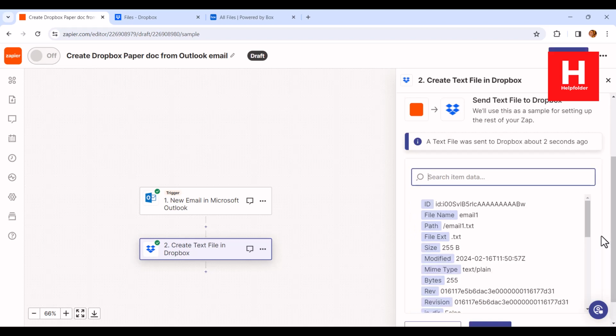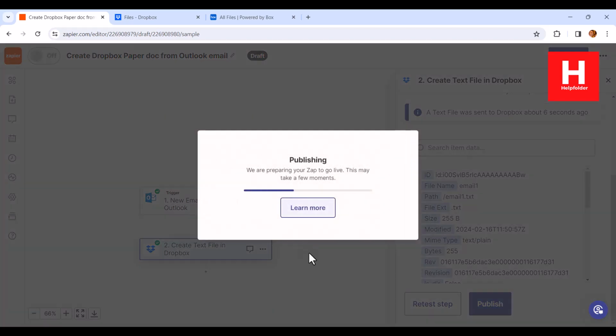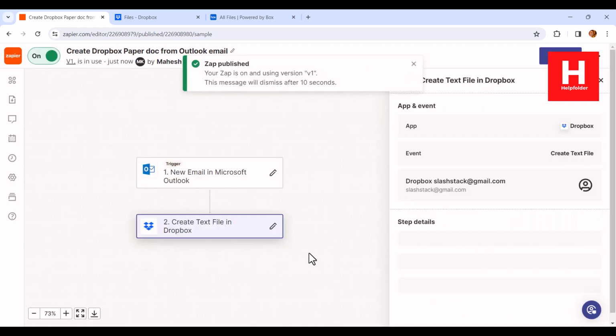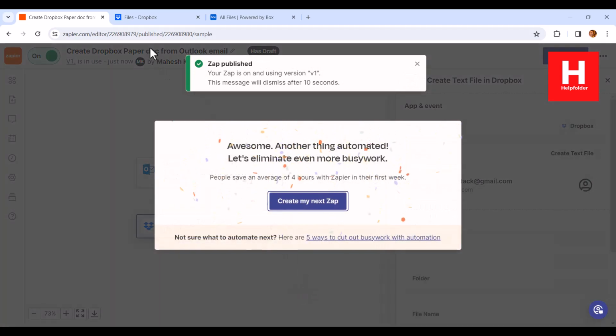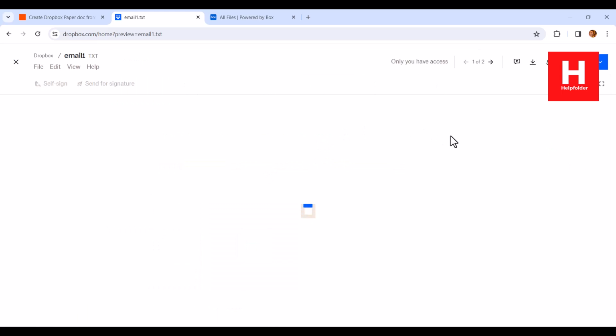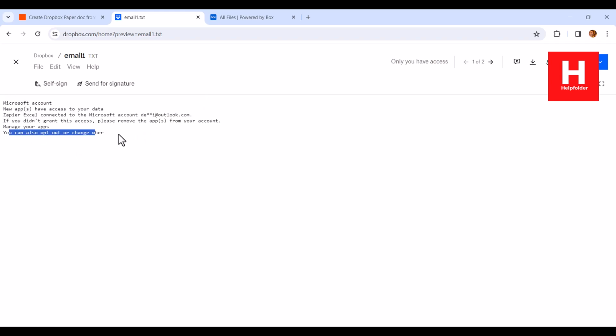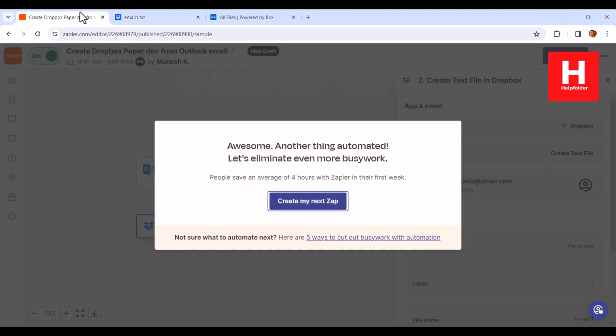It will also test one zap, so I will publish this, and let's see what works. So the zap is published, and here you see the Dropbox file email1.txt is created. So if I try to open this, double clicking, it should create a preview with one of the Outlook email subjects. Here you see, so this was the subject. So you get the idea how to create one of the connections with Outlook and